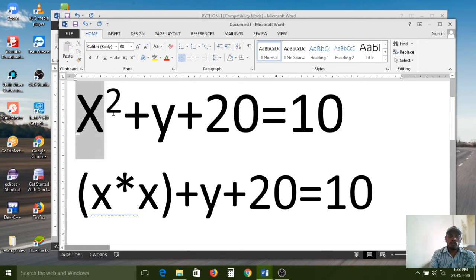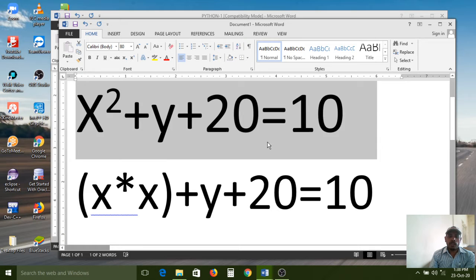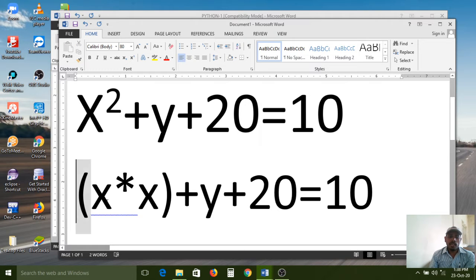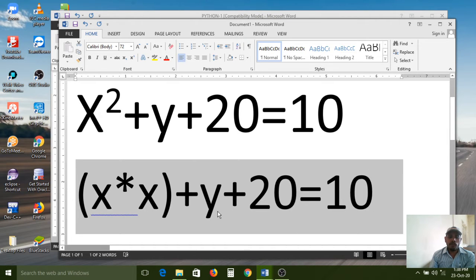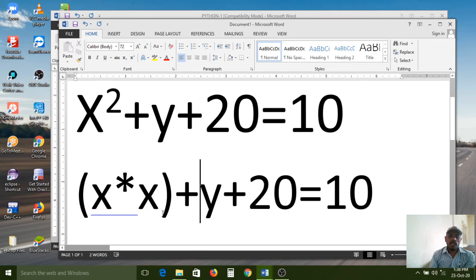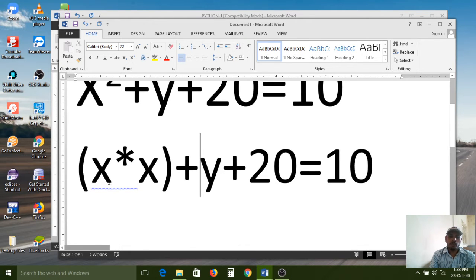So here, this is my expression, which I have written for your understanding purpose. How many operands do we have? X is one operand, one more x is also an operand, and y is one operand.